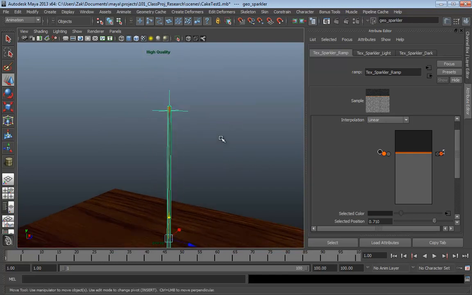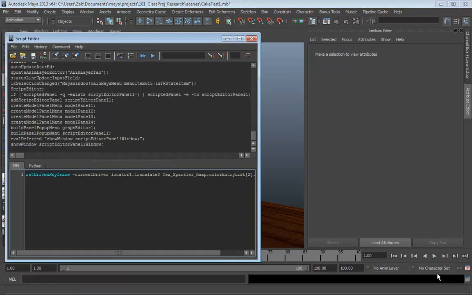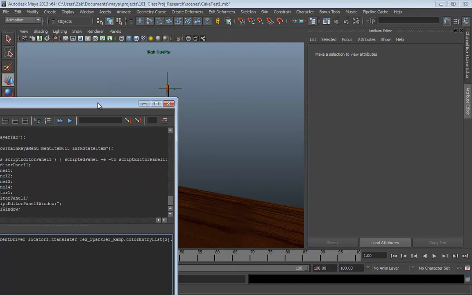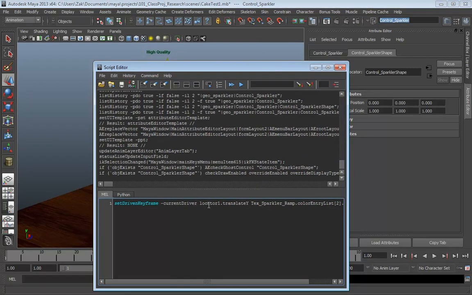Now here's where it gets fun. Deselect everything. Remember your script editor? It's still holding that information, but we need the value of our driver. So select your driver. We can make this up too. It is control_sparkler, so I'm going to copy that, and that will go in the place of locator 1, and translate Y is already there. And we have our command. We're finished. Set driven keyframe -currentDriver